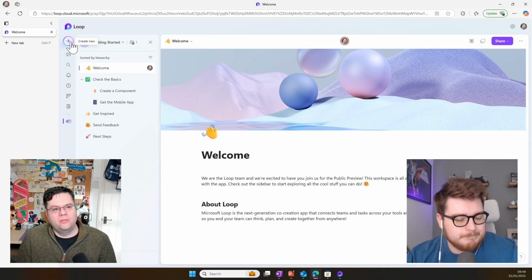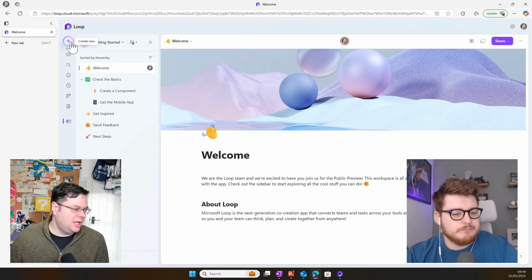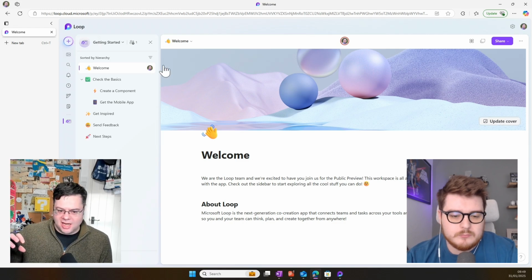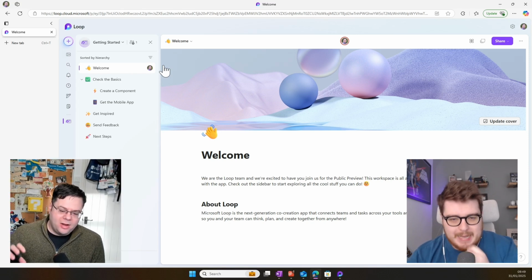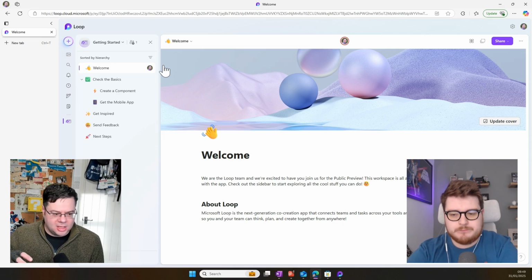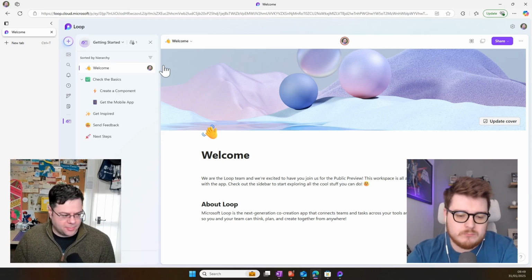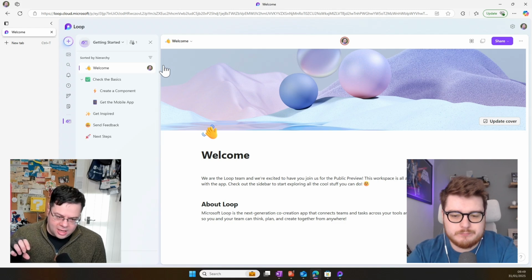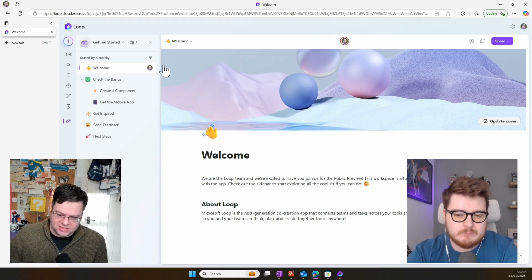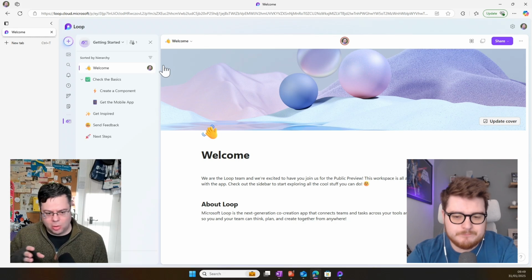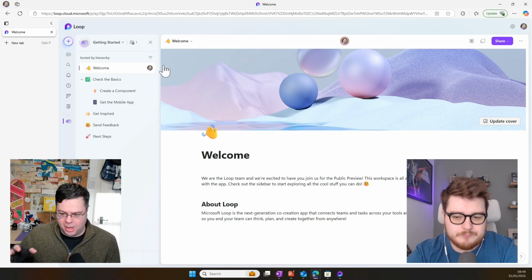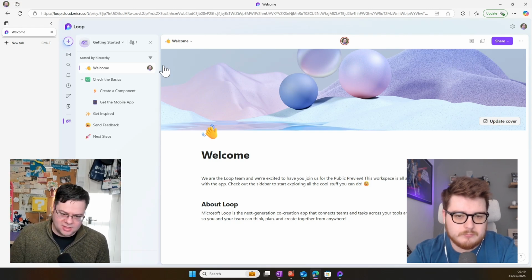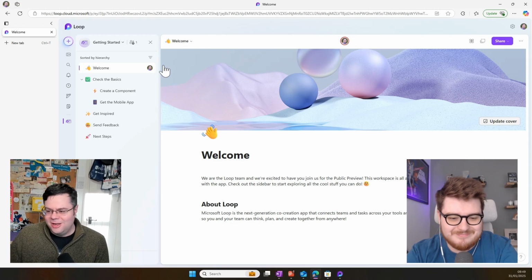Okay. So in practical applications, a page can contain a component, but it can also contain elements that are just part of the page and not a specific component. When we want to insert Loop into another app, which we'll talk about in a minute or two, that can either be the component or the page itself. And then the pages roll up into workspaces, and I can choose to share an individual component or a page or a workspace. I think that's right.